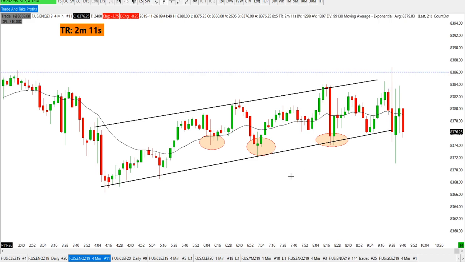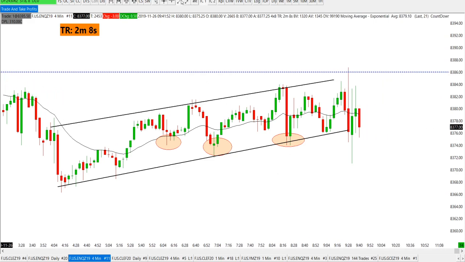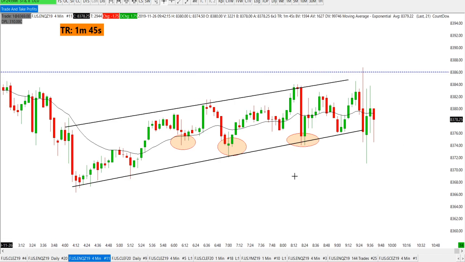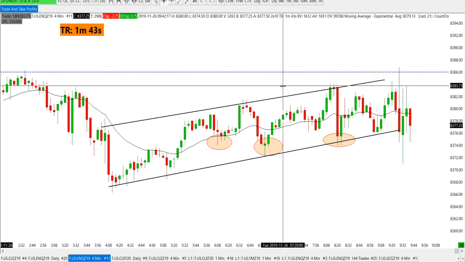So if we don't go back to the highs and we break down, now I can see, all right, this is what these guys want to do. That's what I want to do right now. I want to wait a little bit, not force any trades. I want these guys to show me their hand a little bit. Just show me exactly what you're trying to do. Trading is all about being patient and not rushing.